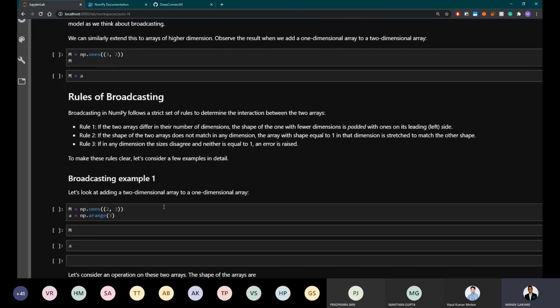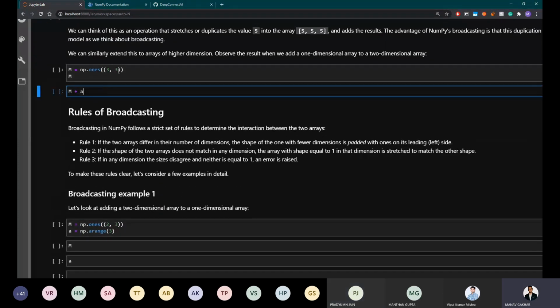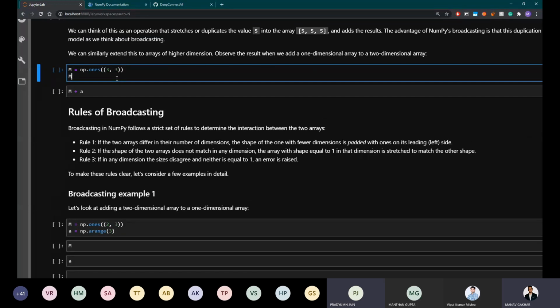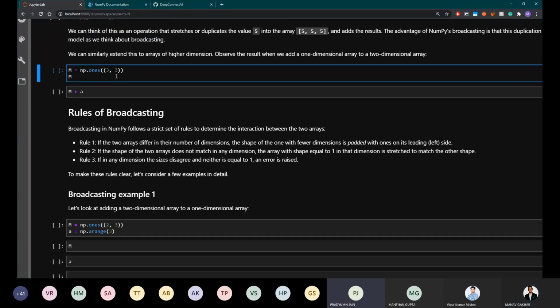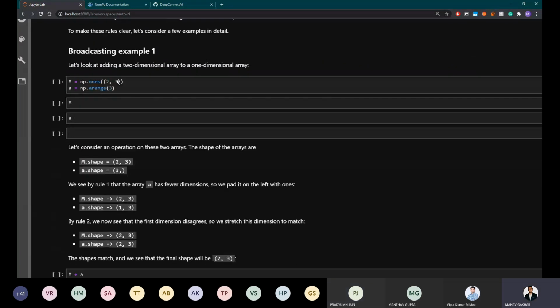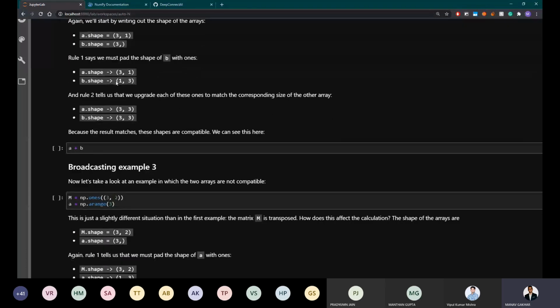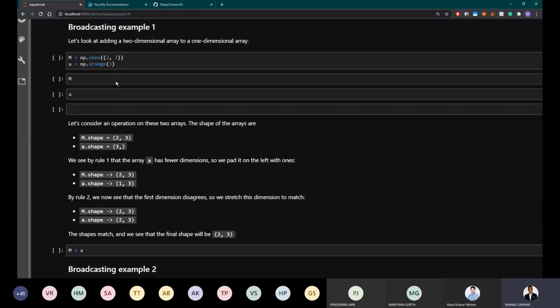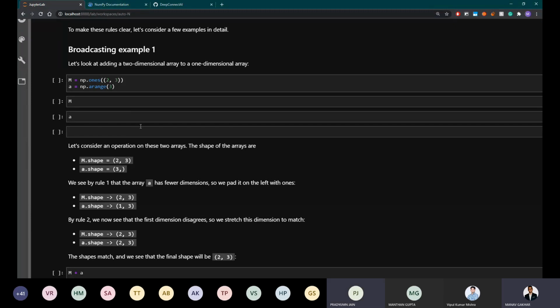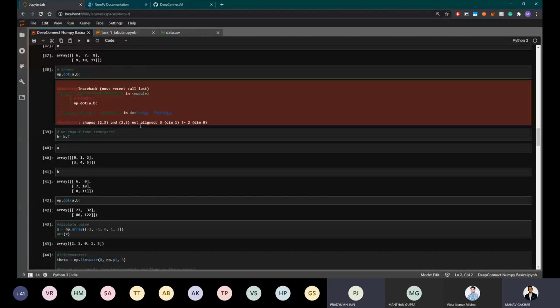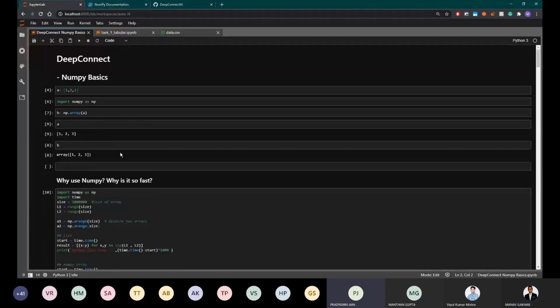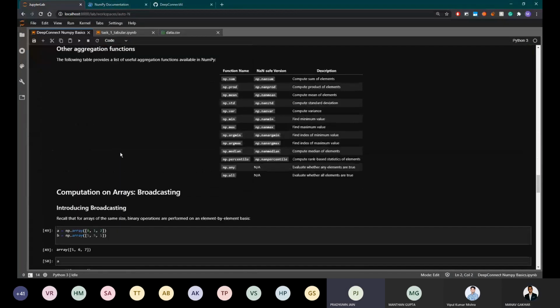Now these are some rules of broadcasting. Do we have time for this? Wrap up as quick as you can. Maybe we can look at it in some other session, and just show them the documentation and how to navigate through it. I think this is the last section anyway. This is a little tricky, so it might take some time. We don't have enough time, unfortunately, so we'll get to that a bit later. But we will send you some useful resources for broadcasting. It's a very important concept, so don't miss that.